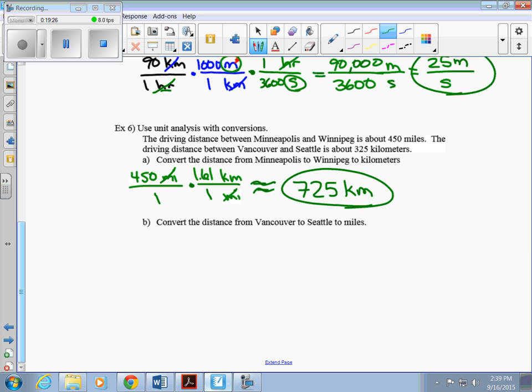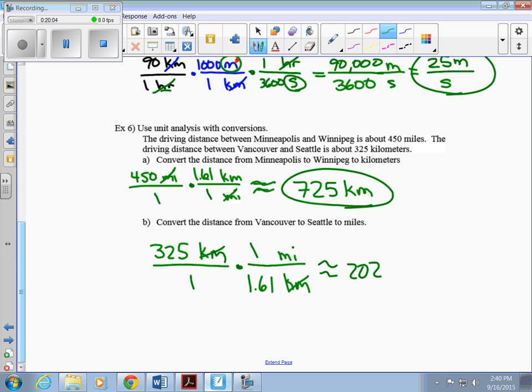Then we're going to convert the distance from Vancouver to Seattle to miles. So it is 325 kilometers. And now we want to calculate that into miles. So if I have kilometers in the denominator, then I'm going to put my miles in the numerator. Again, we know that a mile is bigger. And again, we know that the conversion now is 1.61. So the kilometers cancel out. And we take 325 divided by 1.61. And that gives us approximately